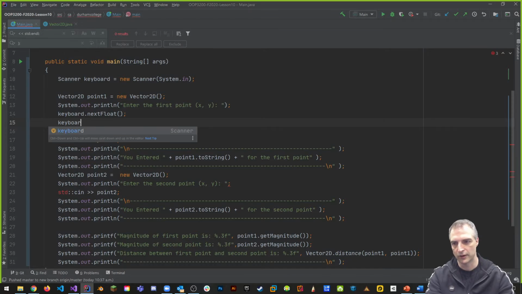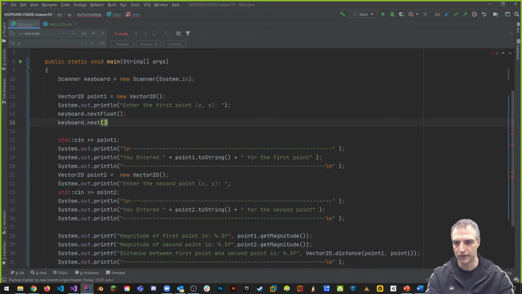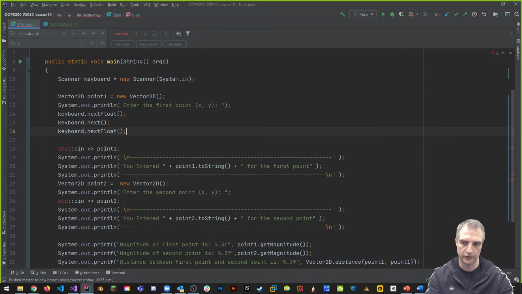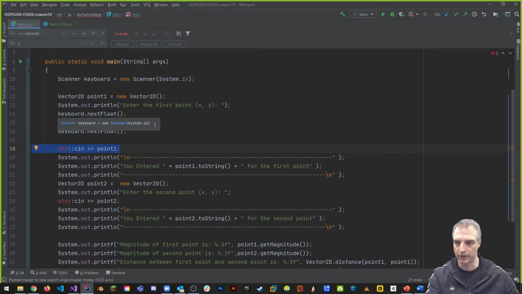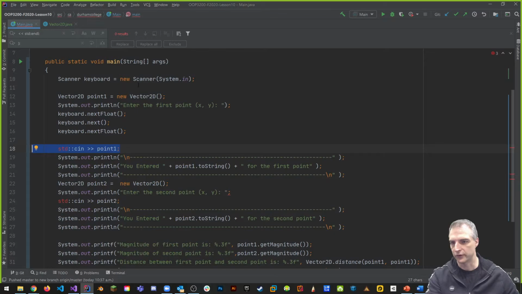So I do keyboard.next. Again, be careful how this is done. We can try this out. And keyboard.nextFloat. Could be like this. Could be. And what we want is these ones here to go somewhere because it returns something, right? nextFloat returns a float, right? That's what it does. It returns a float, and it has to be going somewhere, right? So it's almost like we need these pieces in our